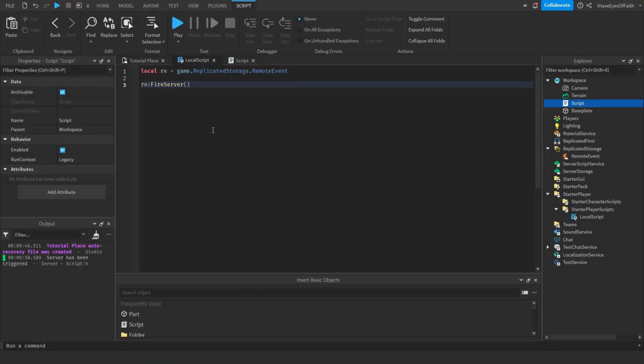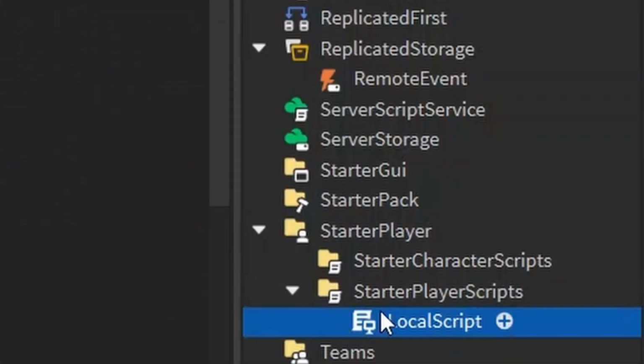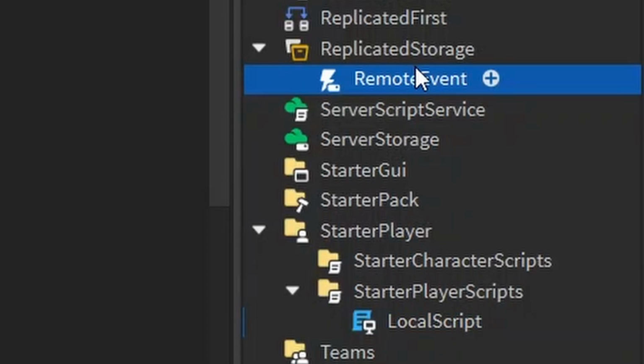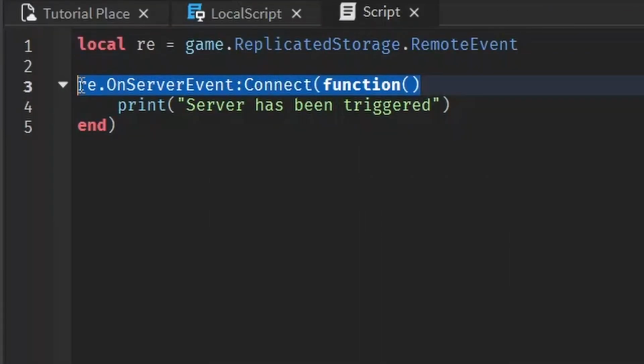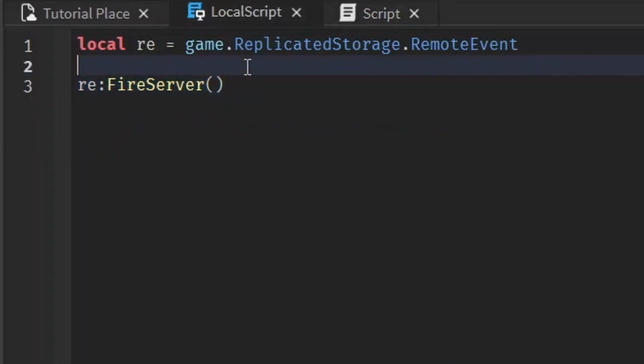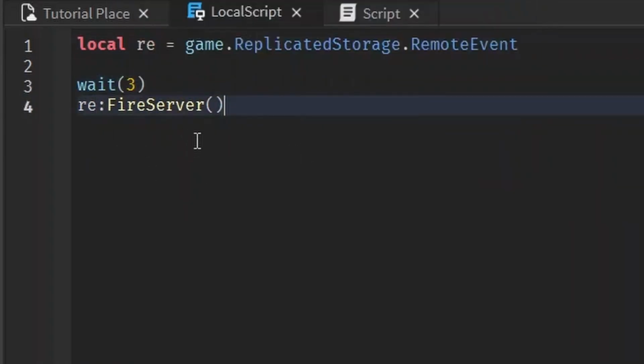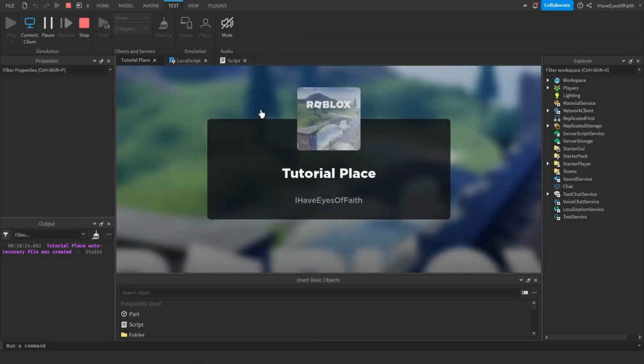So again, to recap, this line of code right here, it's just the local script telling the remote event, hey, tell all the server scripts that I sent a message. And then this event right here is listening, hey, whenever you get a message, do whatever's in here. And I'll show you, we could even wait 3 seconds and it won't happen until 3 seconds later because